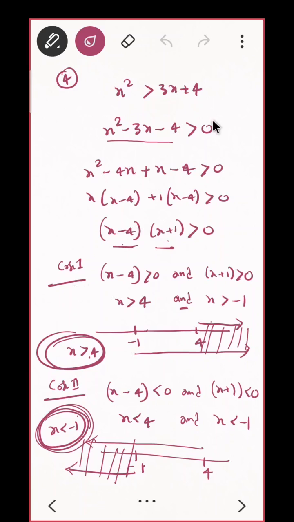You are making it difficult if you are making it a complete square and taking the square root, because you don't know your value. You're not taking the condition when x is positive, when x is negative. You're directly taking the square root, and that is not true. Do you agree?